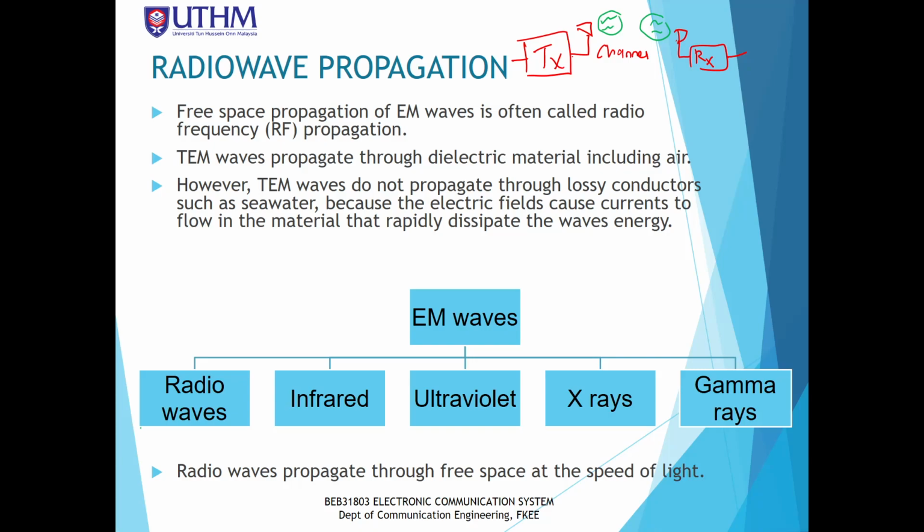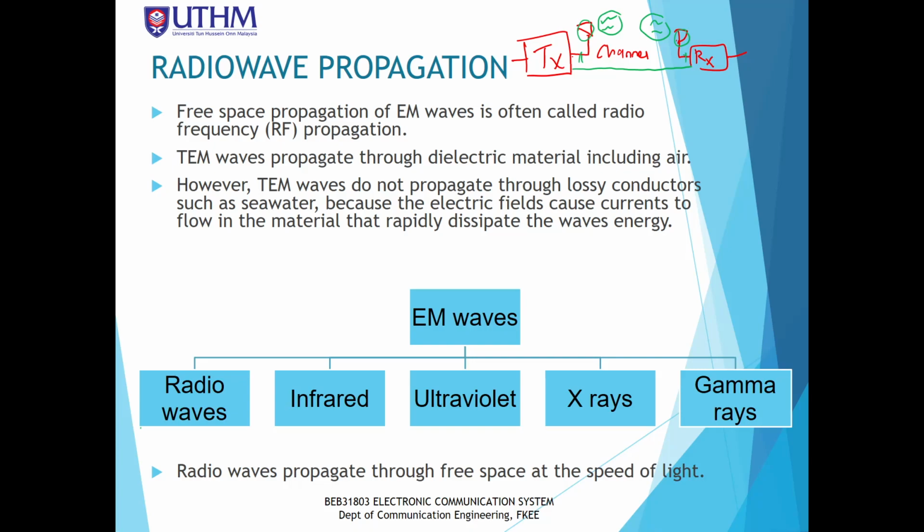Okay, so from here we can see in this slide that this is the third part of chapter 5. If you remember, the second part of chapter 5 was about the antennas, and in the first part of chapter 5 we learned about the transmission line, mainly about the cables and also the types of mediums. The cables can be the cables that connect the transmitter to the receiver. Now in the third part, which is the last part of chapter 5, we're going to learn about the characteristics